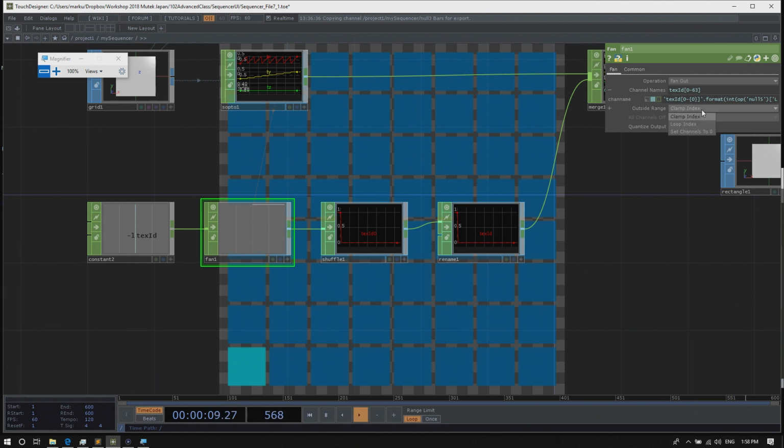We can fix this by changing the outside range to set channels to 0.